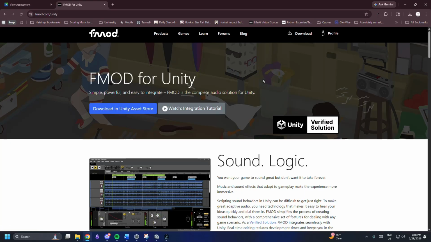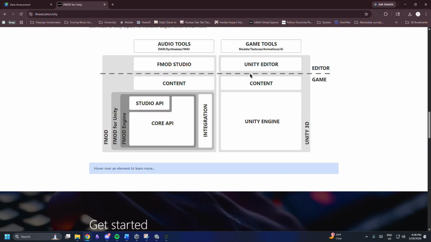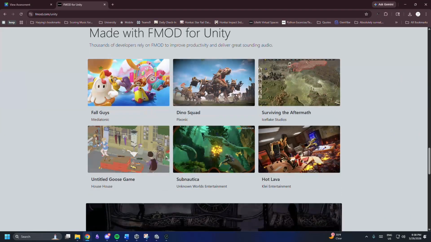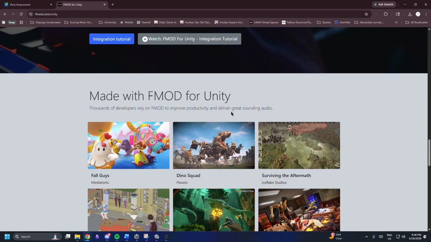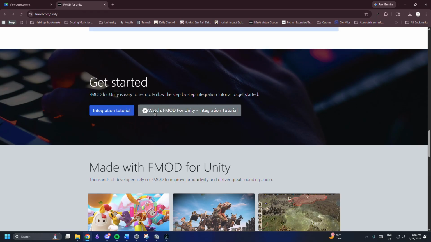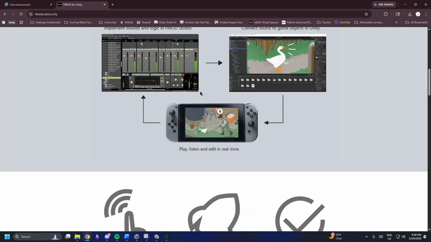I've often heard students say that they don't know how audio middleware works, so today we're getting started with audio middleware using the FMOD Unity integration. Here at the University of Tulsa, we do a lot of WebGL development. FMOD handles memory and compression much more gracefully than Unity's native audio, and it's a bit more approachable for web